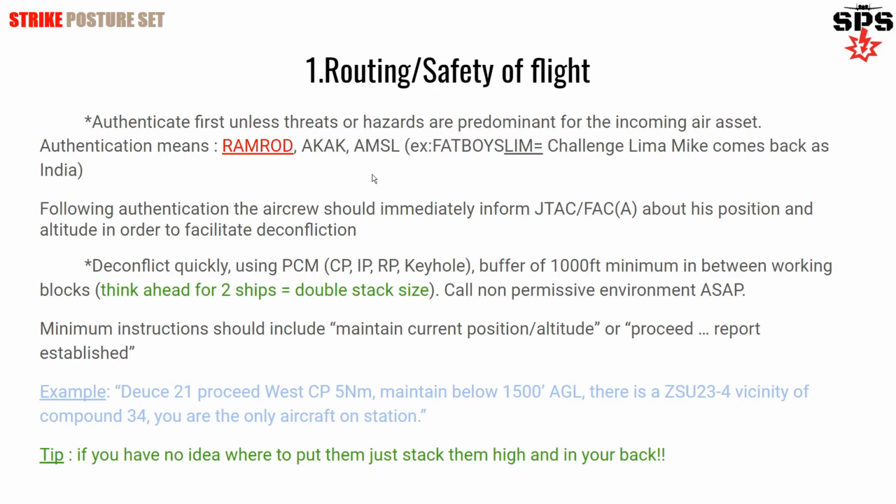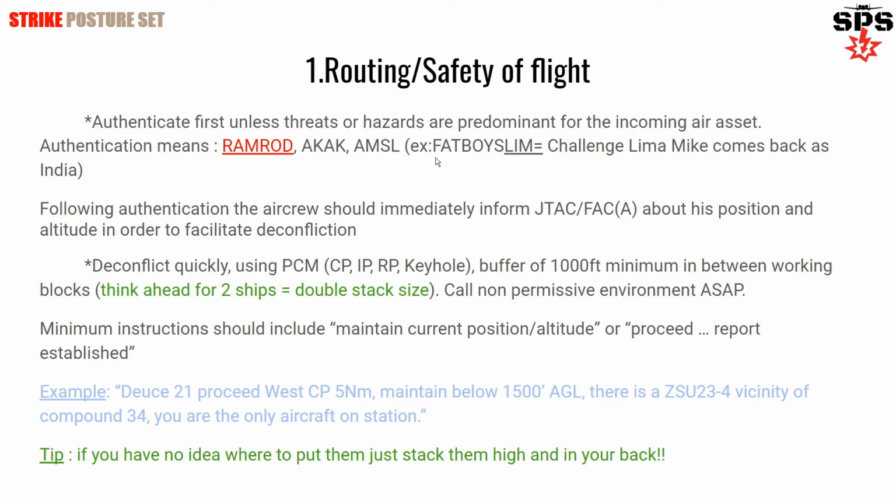So the first thing to do when you have no threats and you are in a permissive environment is to authenticate, so the pilot knows he's talking to a friendly unit and not to an enemy who would have stolen a radio and intercepted the comms. So you authenticate first, and you can use many means, ramrod being the most common and widely known among DCS communities, I think. If you don't know what ramrod is, it's 10 letters,